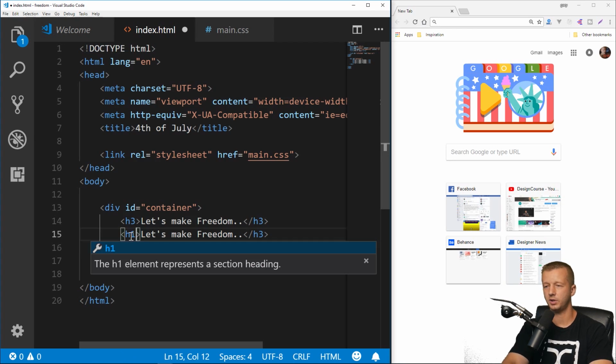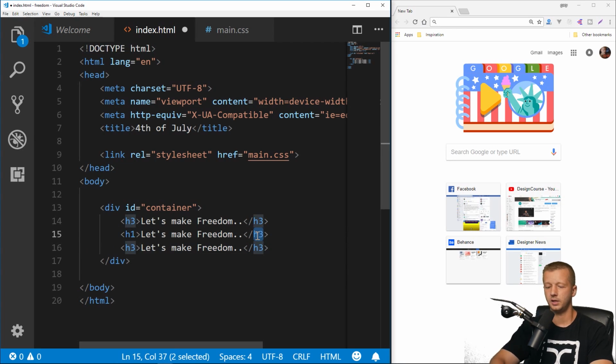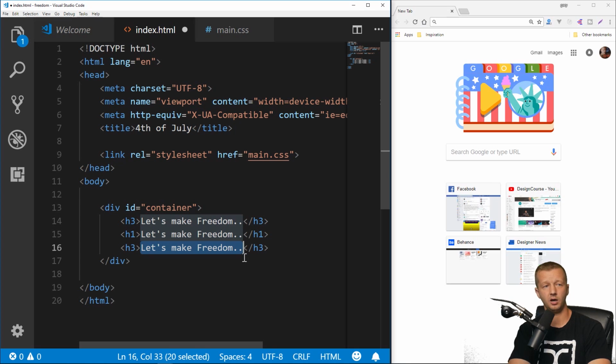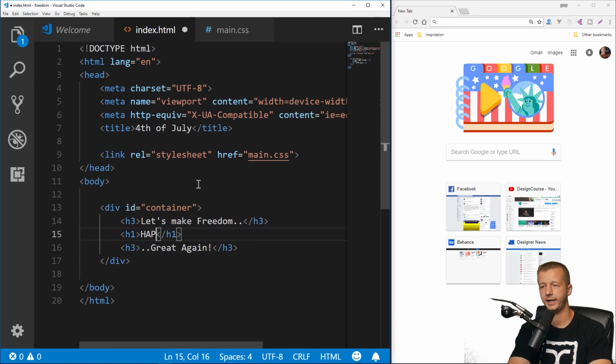This one's going to be an H1 tag because it's the biggest. And yes, by the way, you can use multiple H3 tags in H2 as long as it makes sense. And in this context, it does make sense. We'll put great again here. And then also our main text, happy 4th. Okay, so